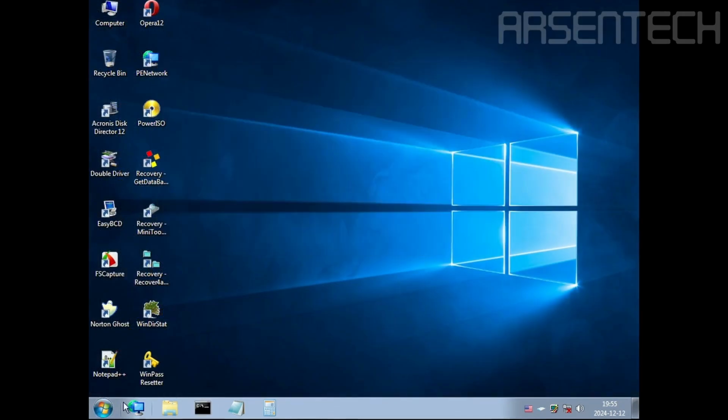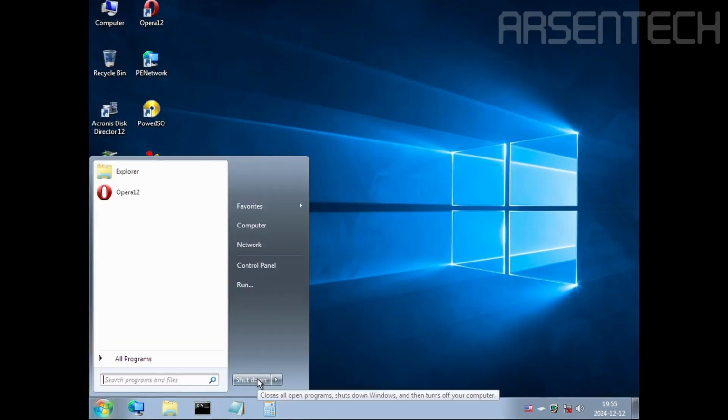After that, we will shut down this Windows Pocket Edition flash drive and unplug it. After unplugging it, boot the computer from the system.